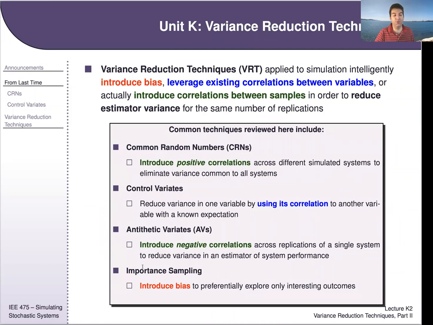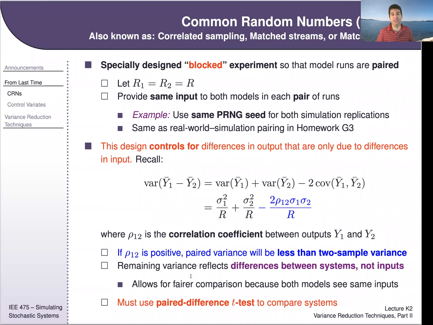So there are 4 different variance reduction techniques that we're going to go through: common random numbers, control variates, antithetic variates, and importance sampling. These are the common ones. There are other approaches as well, but these are the standard ones that you start with. We talked about common random numbers last time, and we've seen examples of this. This should be the least foreign, where all you're going to do is use the same random number seed